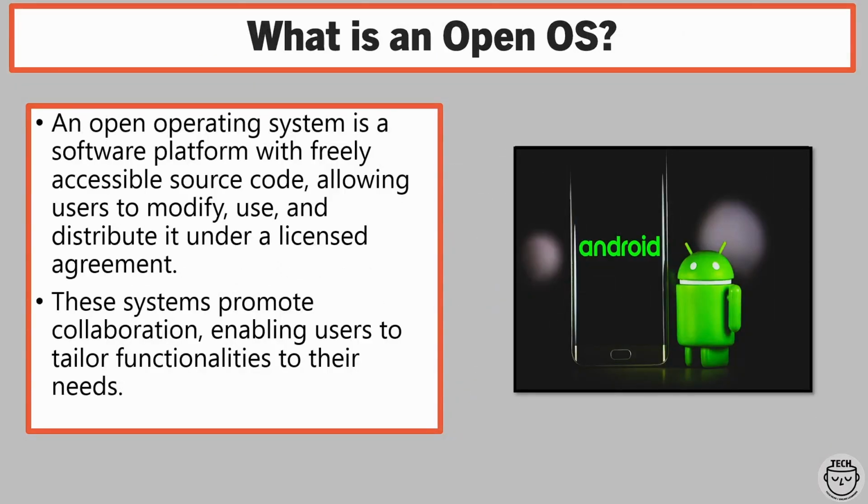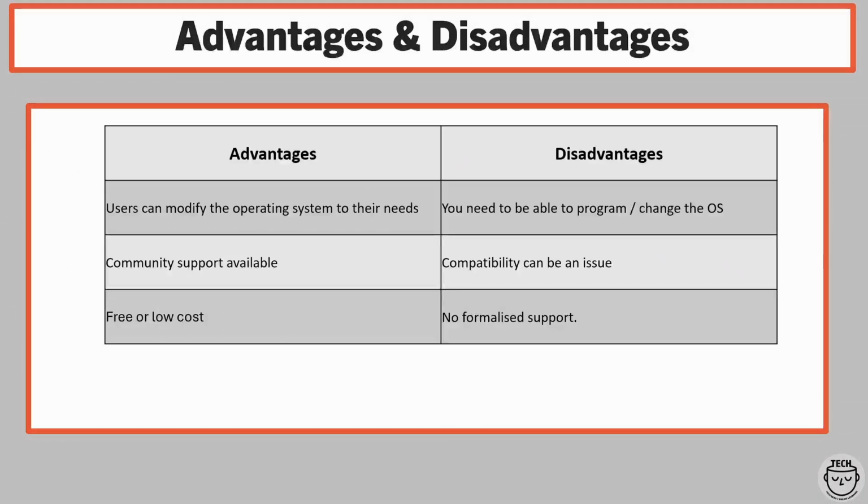An open operating system is open source, which means you can edit the code, you can modify it for your own use under a special license. So it allows people to work together to tailor functionality or make something better or worse using code. The good things for that is that it's free. You've got lots of people working together, so there's lots of community support,